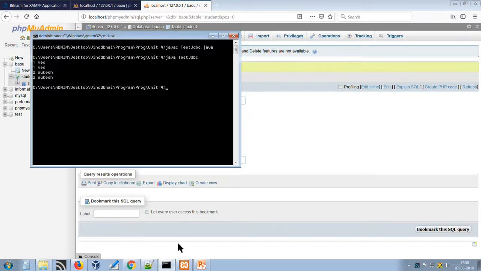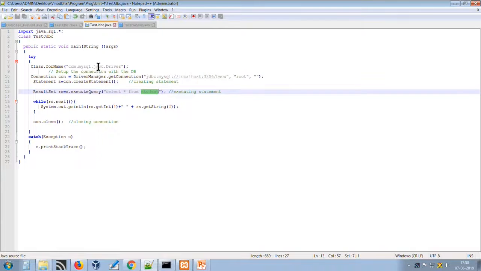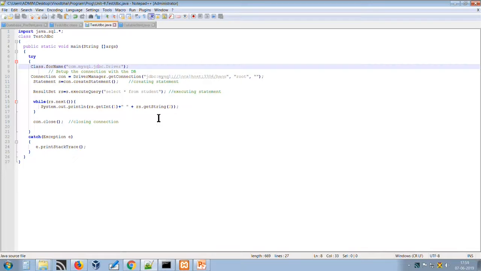So this way we can establish Java database connectivity using the different steps of the java.sql package. This is all about the java.sql package and the JDBC environment. I hope you have cleared all your points and confusion regarding the JDBC environment and establishing a Java connection with the backend database.